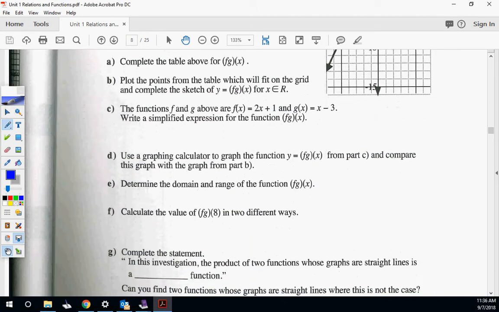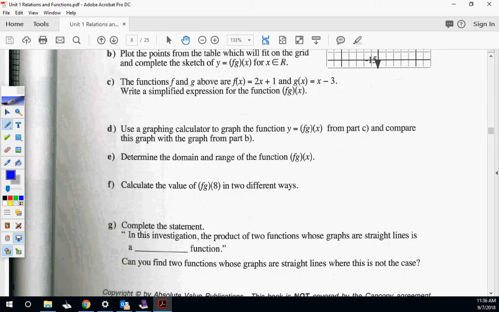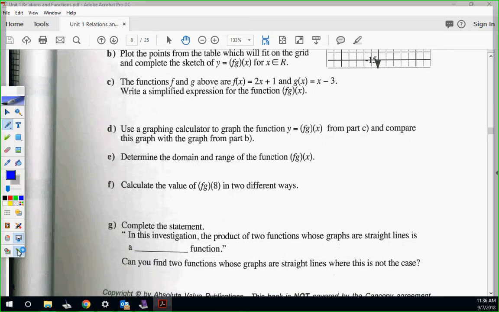So it says, now they tell us what the functions are. So we plotted the points, we completed the table. It tells us, oh, those functions were 2x plus 1 and x minus 3. So go ahead and actually simplify that expression in terms of multiplying. So if we're doing f times g, let's go 2x plus 1 and x minus 3. Right? Because we're multiplying them. Well, we're multiplying two binomials. How do we do that? FOIL. We've got to FOIL it out. 2x times x, so that's your 2x squared, negative 6x,